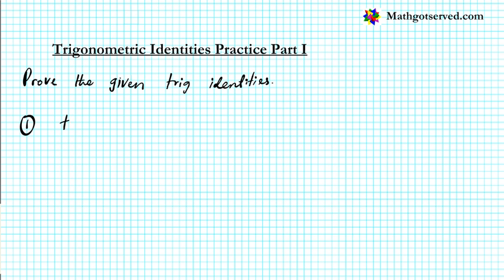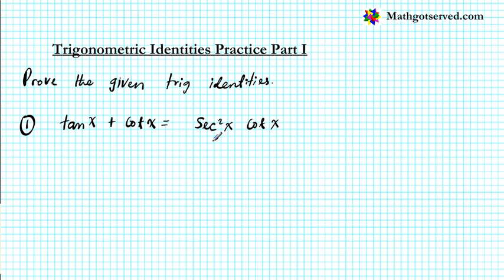tangent x plus cotangent x equals secant square x cotangent x. Okay. So in order to do these examples, the strategy I like to use,